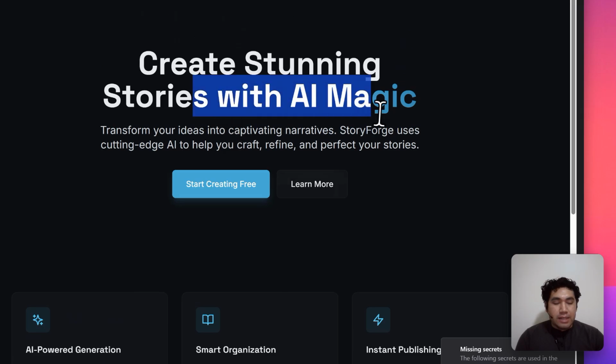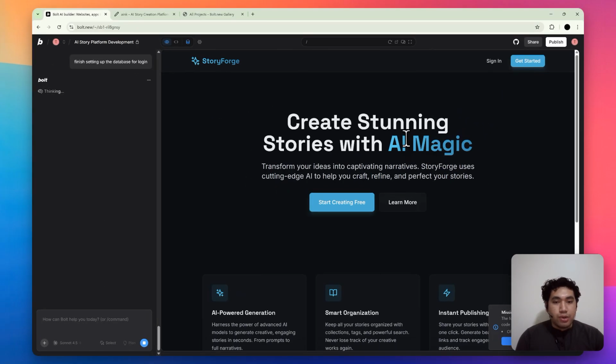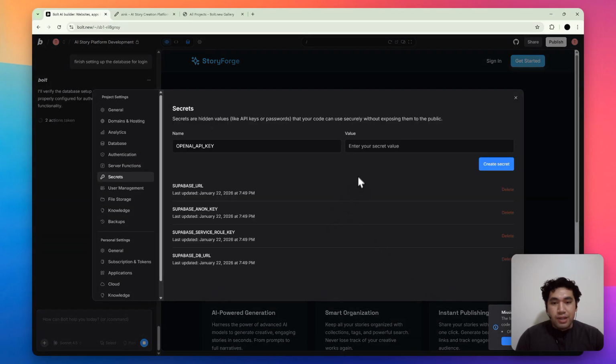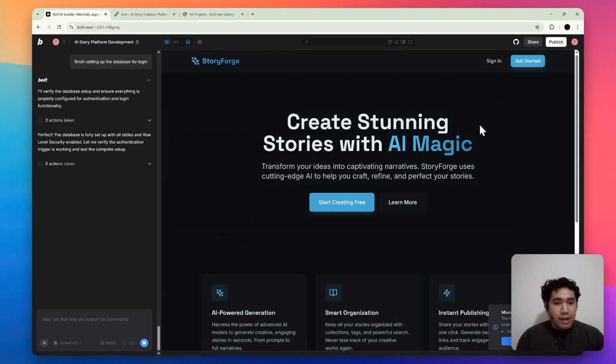And now this AI Magic Storyteller, StoryForge, is going to use an API key for OpenAI or whatever LLM you want to use. For this case, you can see at the bottom, it's missing an OpenAI API secret. So you just have to open the secret settings and enter the value. Now, Bolt is going to decide these functions itself, so you don't have to configure this. All you have to do is provide your API key for whatever API you connect, and it will do it all for you. Now, I'm going to connect that when I pause the video, and I'll come back with the